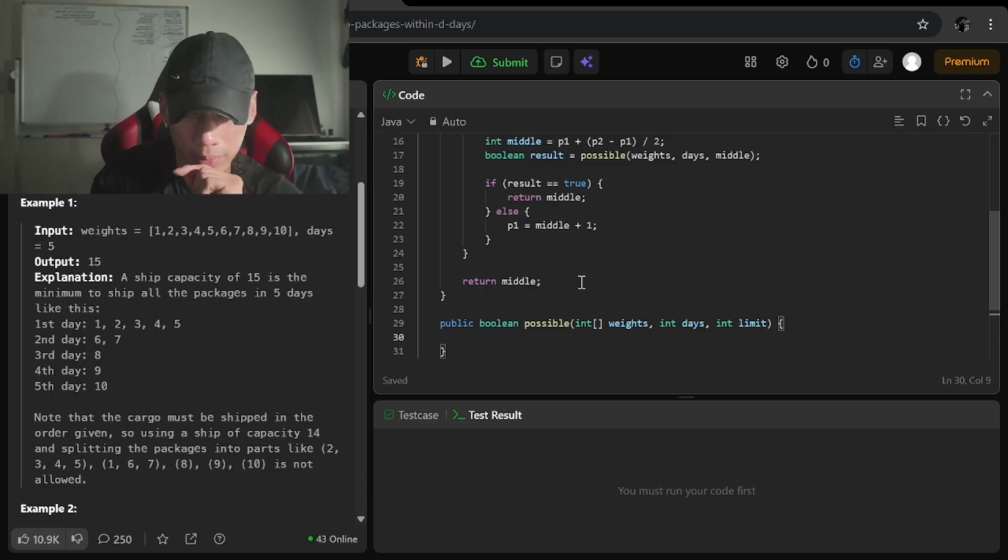How do you do a possible function? Have all the packages shipped in 5 days.